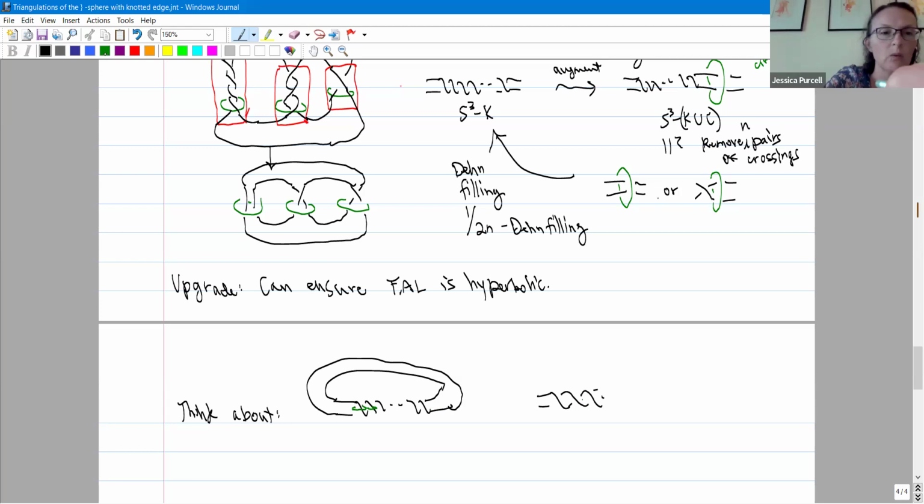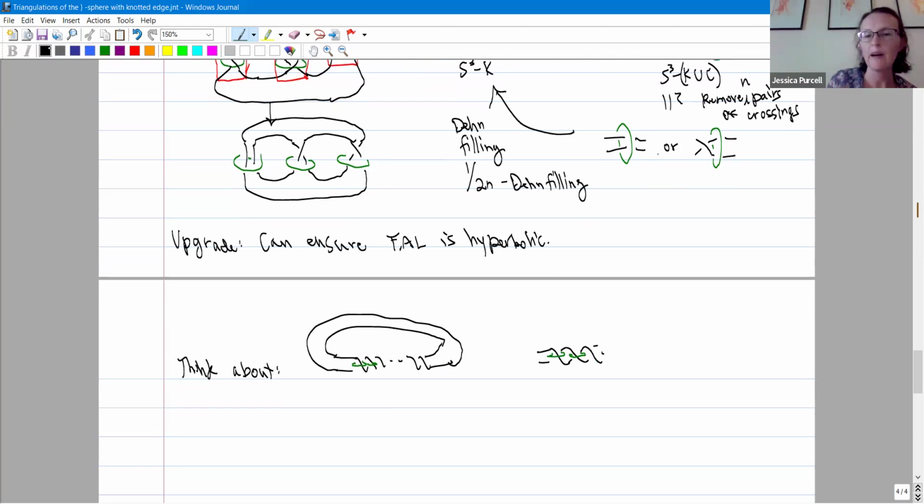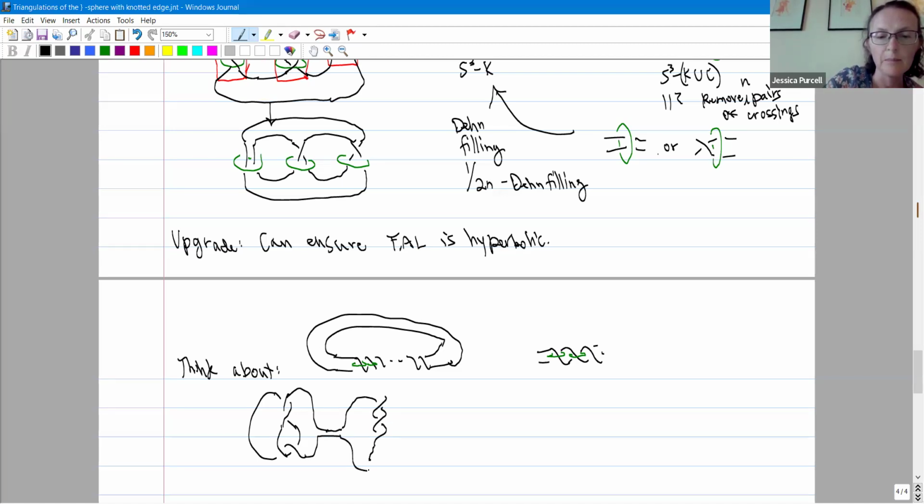And then when you do that, you will end up with something that is hyperbolic. And then the other thing you have to worry about to ensure that it's hyperbolic is if you have a link that's not prime. So let me draw an example. If you have a link that's a knot, or that's not prime, I should say, we're looking at knots here. Then you would have